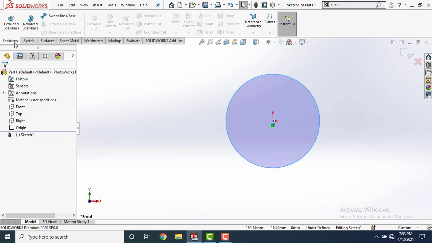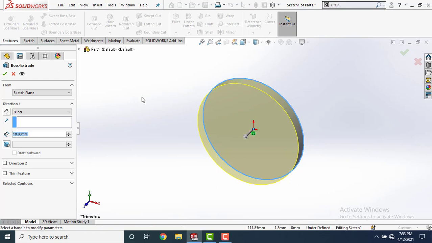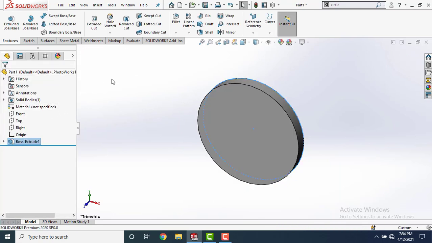When you go to the Feature tab and select one of the commands here, options to complete this operation appear here. This is the property manager. In that case, you don't need to worry about the design tree. Your design tree is now shifted into the graphics area. When you complete this operation, you will see the design tree coming back to this section, and you can see the Boss Extrude option is now listed here in the design tree.